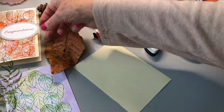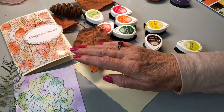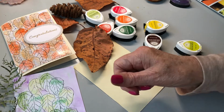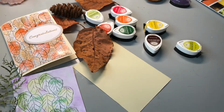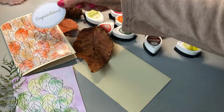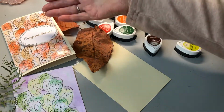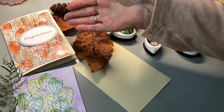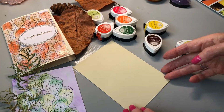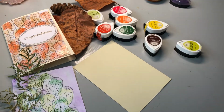the only problem is that these inks on glossy paper don't dry very well. In fact, I probably can still take some of this off, and it's been on there for hours. I just wanted to show you a very simple card. The other thing too is that I didn't particularly like the white on there,